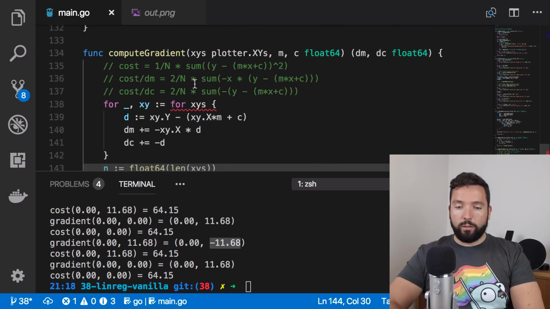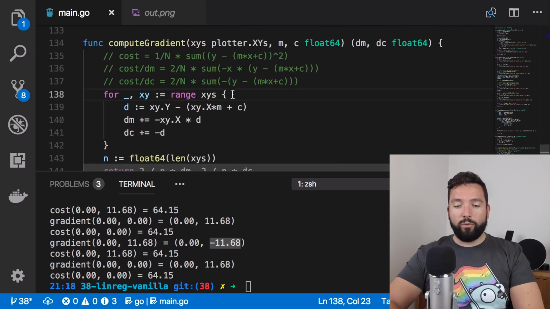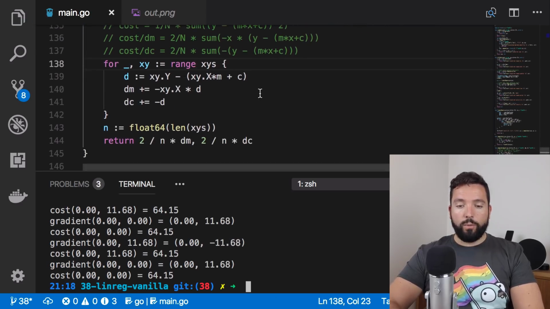And that is not correct. Oh, because that is range, not 4. Okay, cool. So with this now,